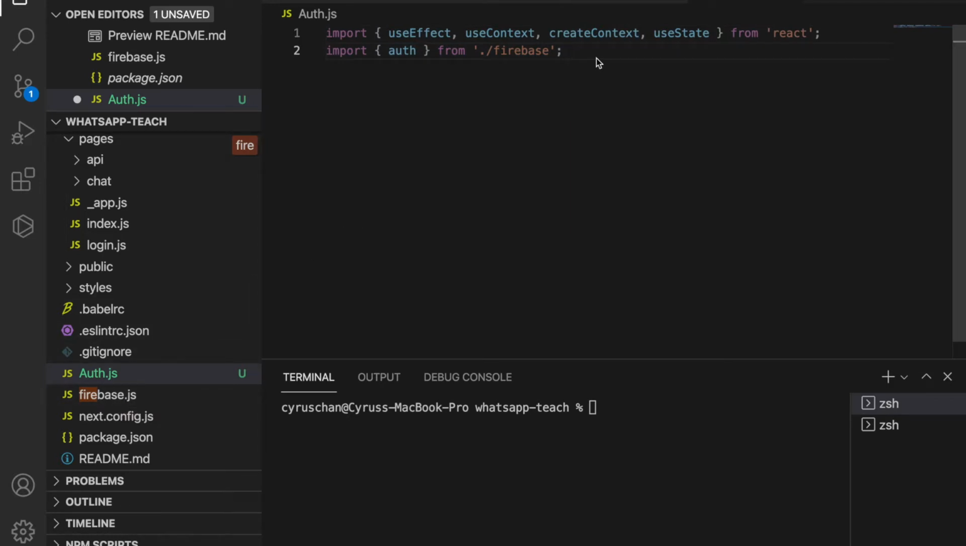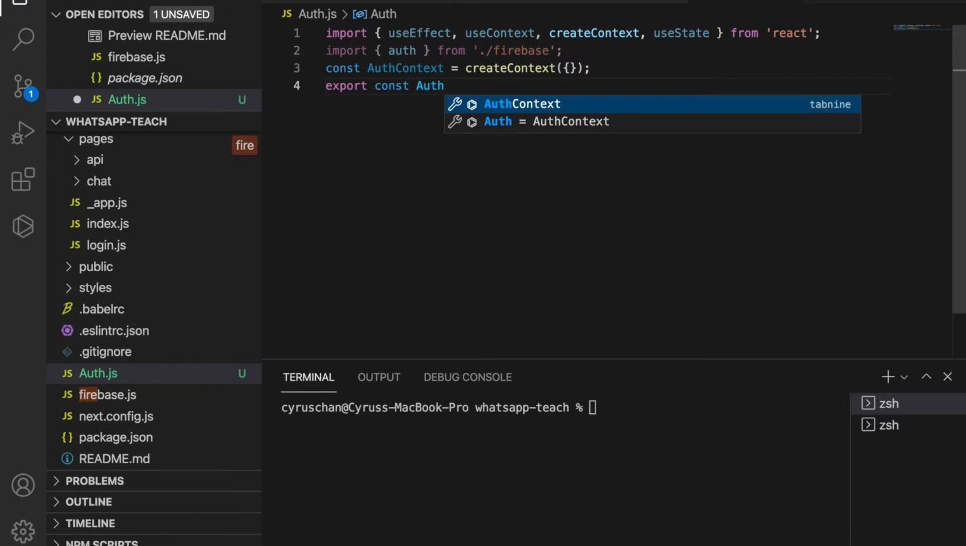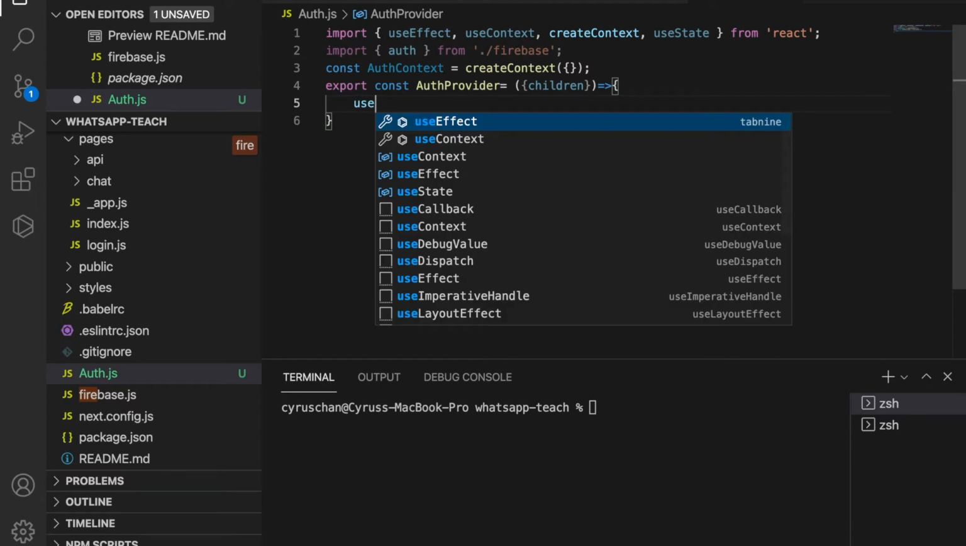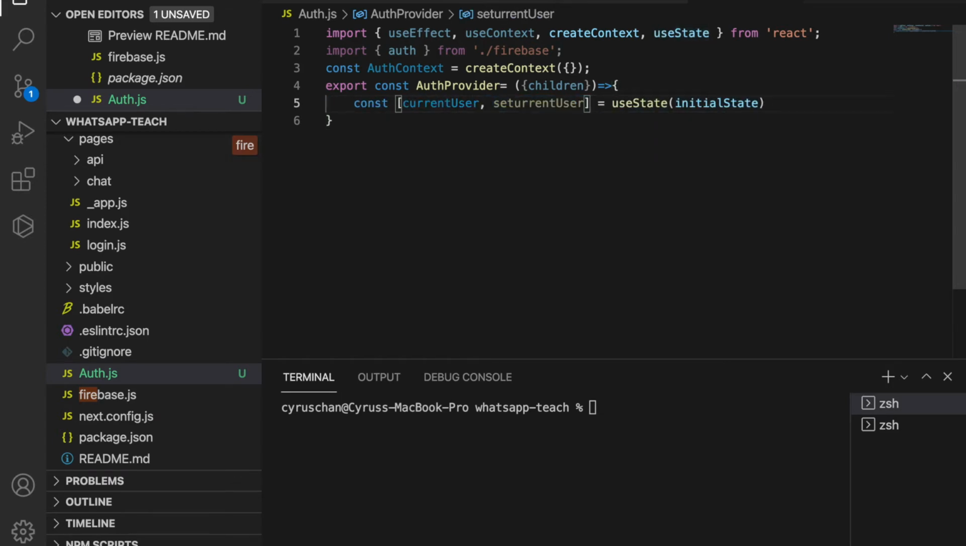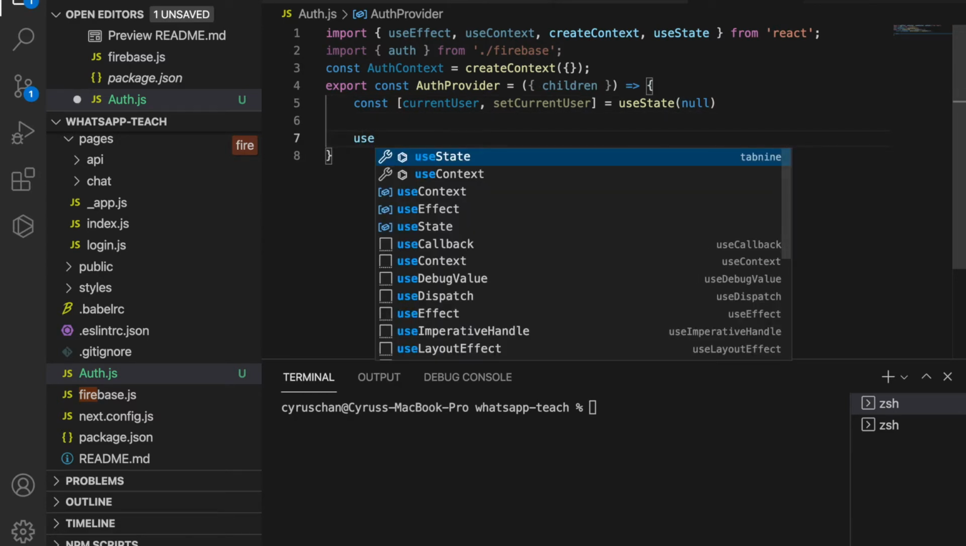And then we are going to create the auth context, and also we are going to create the auth provider. So we type export const AuthProvider is equal to the children, so we can pass the component inside this auth provider, and then we use the useState to set the current user, and we use capitalized letters as currentUser, and then we set the initial state as null, and then we use the useEffect to check whether there are